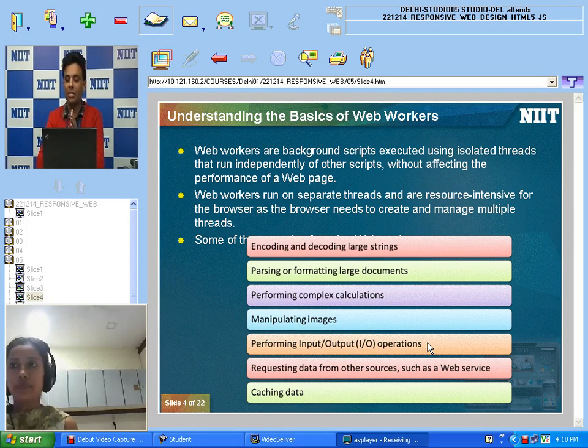So the concept is the same as the multi-threading concept we use in programming. We try to run multiple threads, and multiple threads means multiple processes. So the same concept is over here. If I have a very big web page, and in that web page I have different processes, and